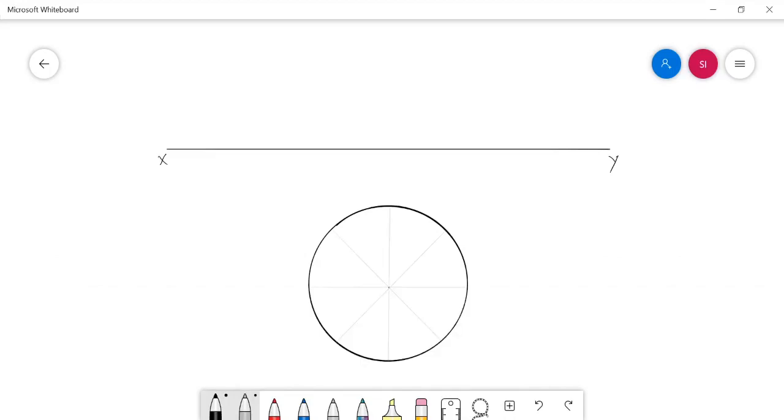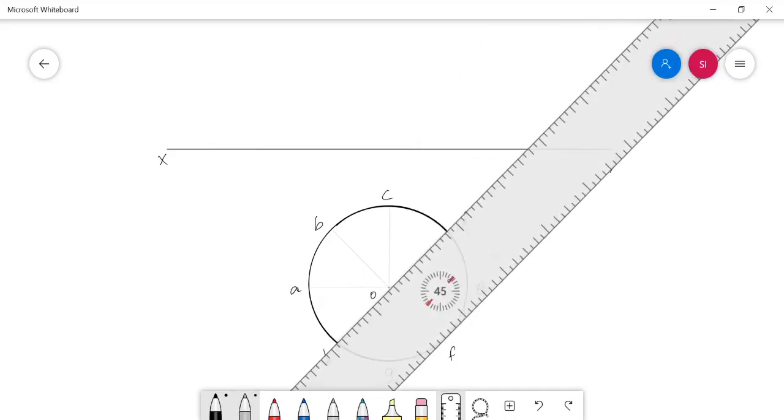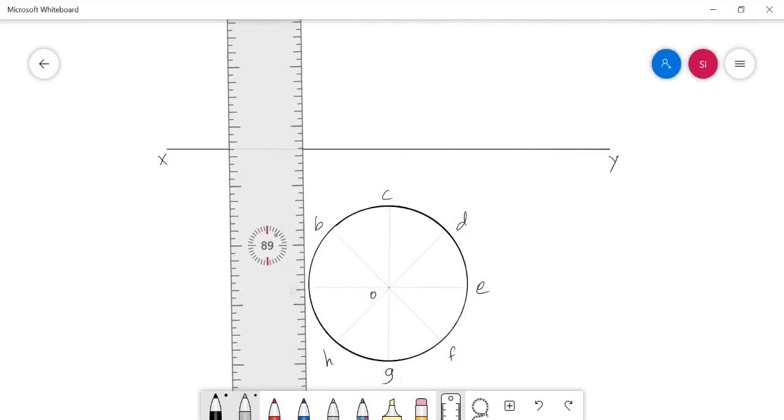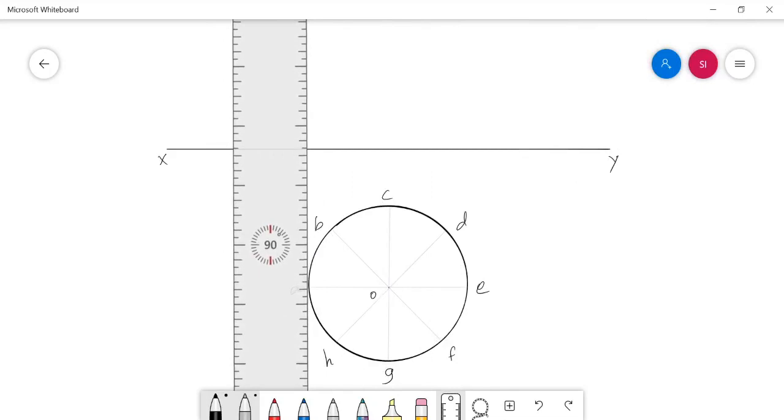Then I need to mark the generator points here. It is a cone, so it doesn't have a face. In the top view it only has the apex point. Now I am projecting the base generator points into the front view.